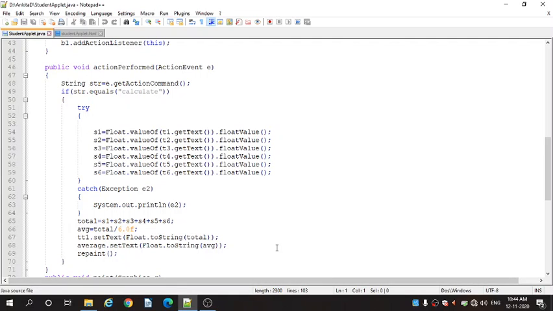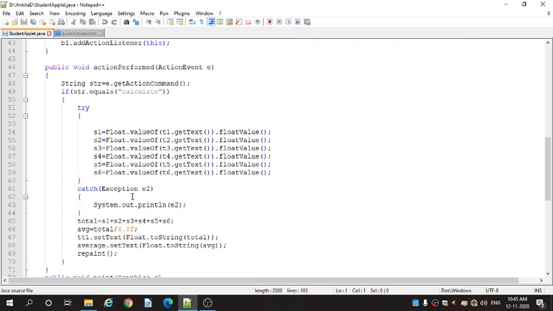So for converting string to float, we are using the Float.valueOf method with floatValue on these variables. We are storing the values into the variables s1, s2, s3, s4, s5 and s6.